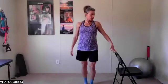Standing next to a wall or chair or something solid that you feel comfortable tapping down on in case you get wobbly. Think about your eyes forward. Think about having your shoulders over your hips as much as you can. I'll do it from a front view and then a side view, okay? We're going to go to the front,